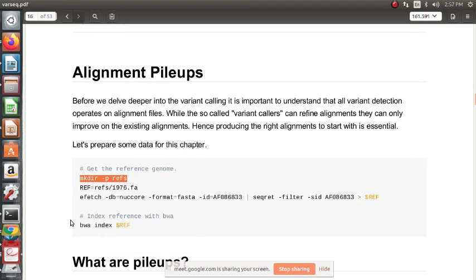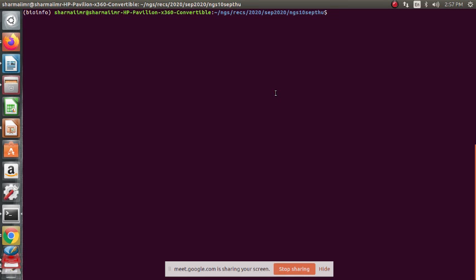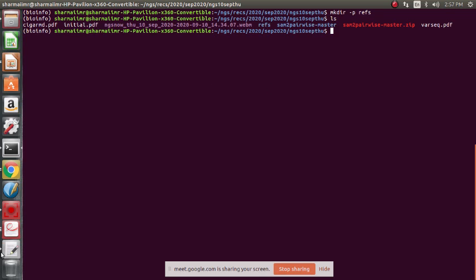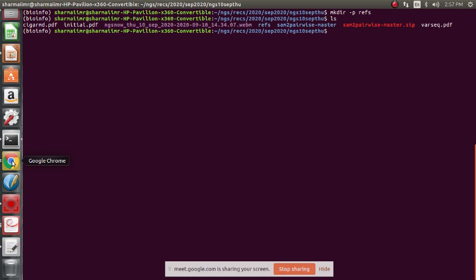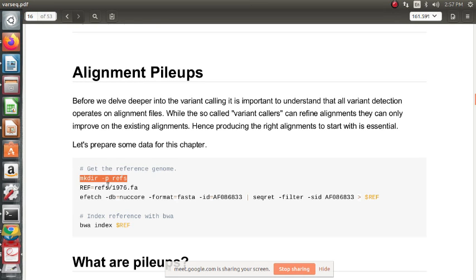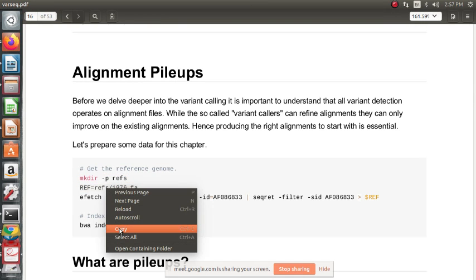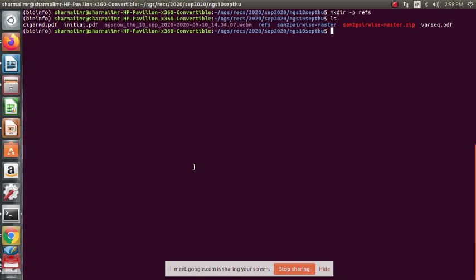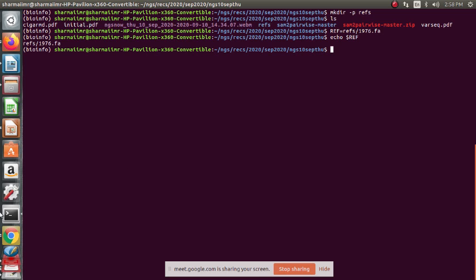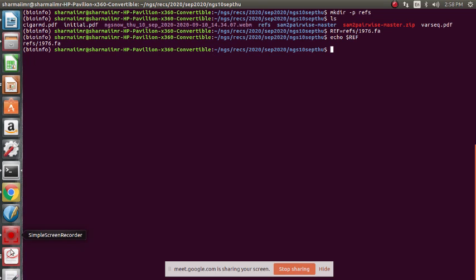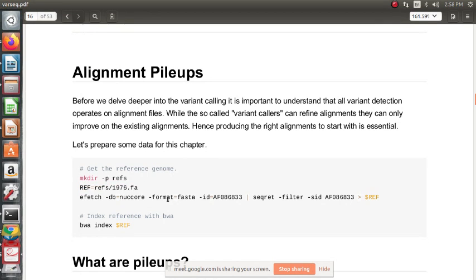Okay, we will follow the scripts as they are. This is the same data set we already have. If you have it, you can use the same data set. This will take very little time to download, so that's why we are doing it. So we create a REFS folder for the reference genome, and we also give the variable name here. So echo $ref should give us this. So a variable name, as we see, can be assigned even without creating the data in the first place.